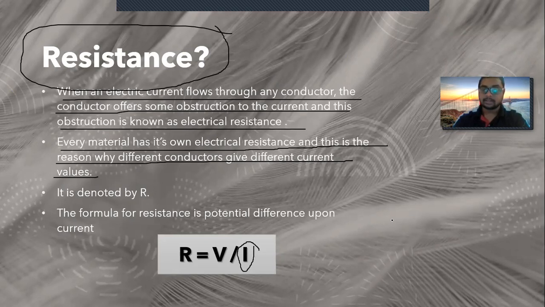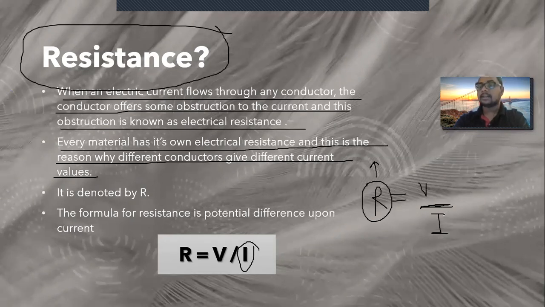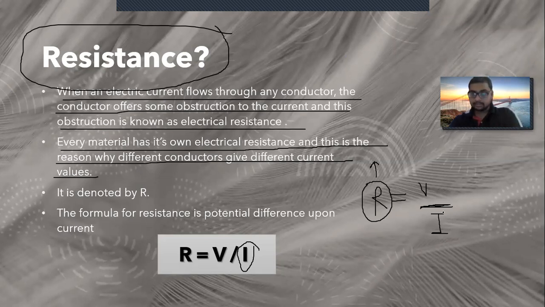You can see in the formula. What is R? R is equal to V upon I. Okay, so since I is in the division, I divides V. So now this resistance value will increase as the I value decreases. It's like that. Okay, if the current value is decreasing, then the resistance will automatically increase. It's inverse proportionality. I'll explain this later in the next slide. It is denoted by R, and the formula is R is equal to V upon I.